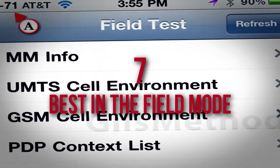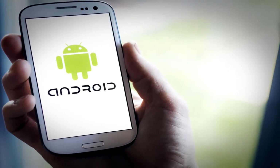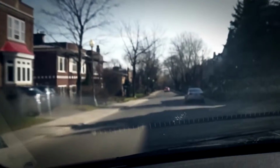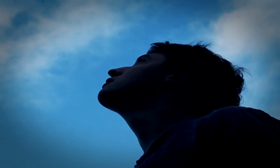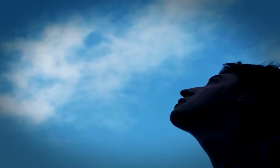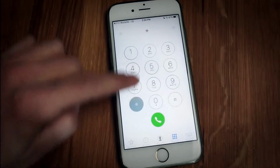Number 7. Best in the Field mode. Android users are familiar with the syndrome. Riding through a lonely locale and the device enters emergency-only mode. Suddenly, the user begins gazing at the sky, wondering where the nearest service could be. But if you've got an iPhone, the input code